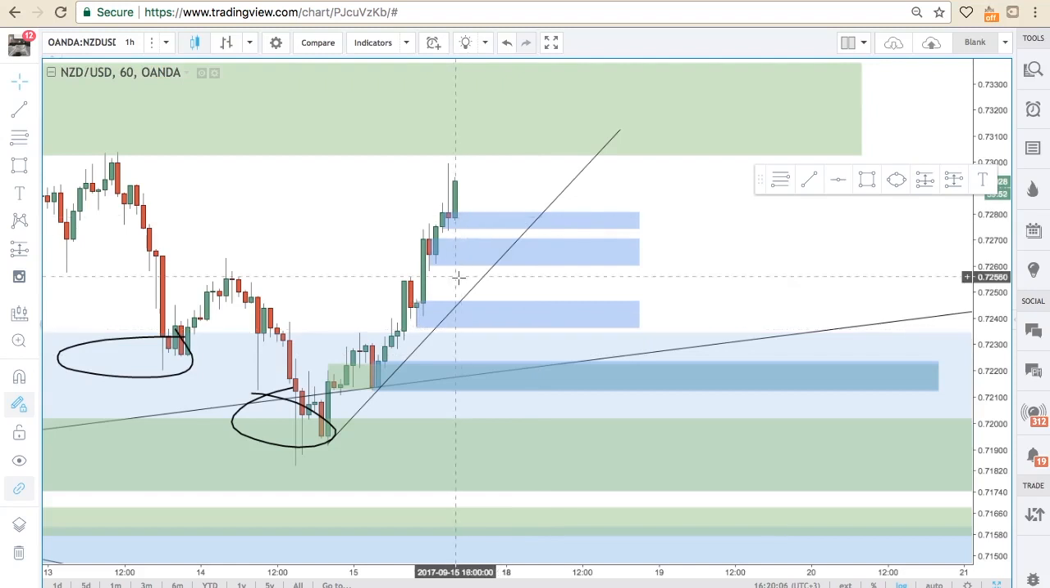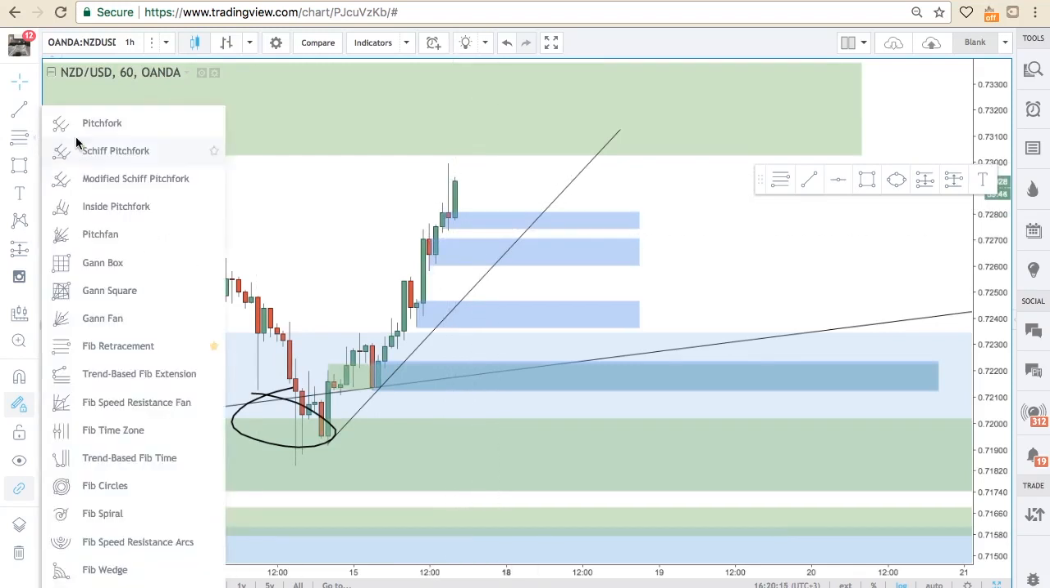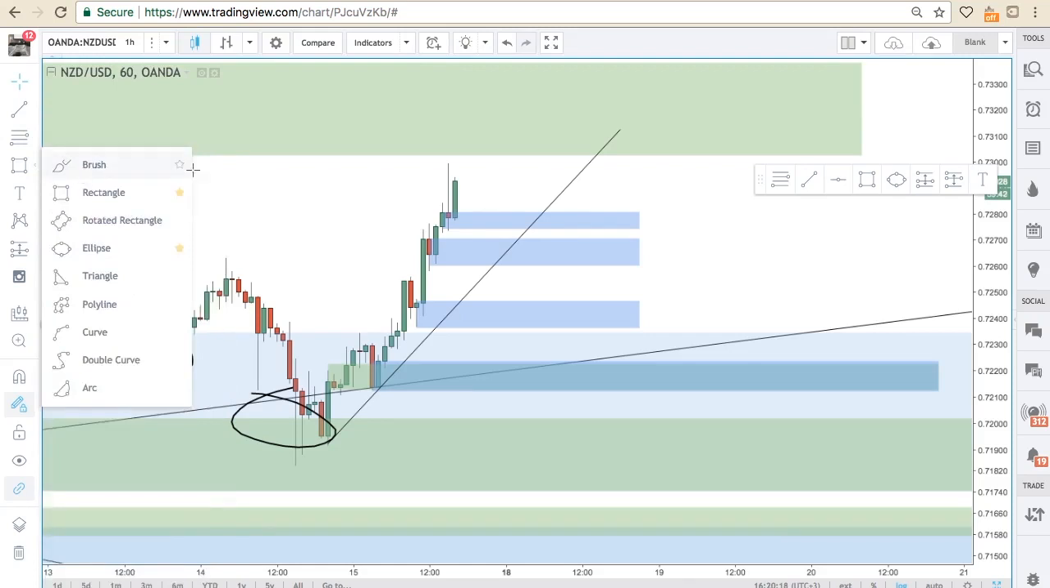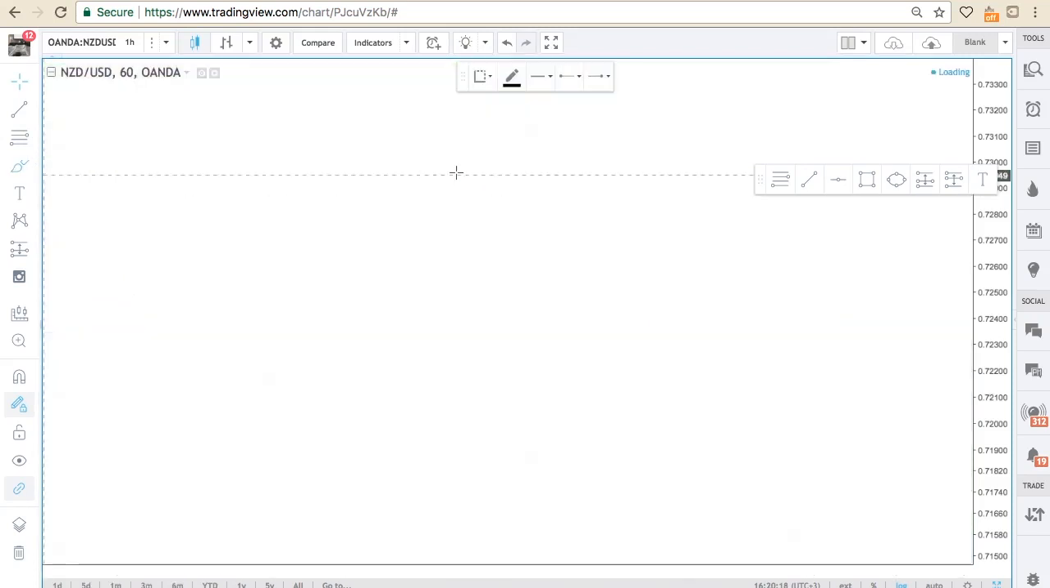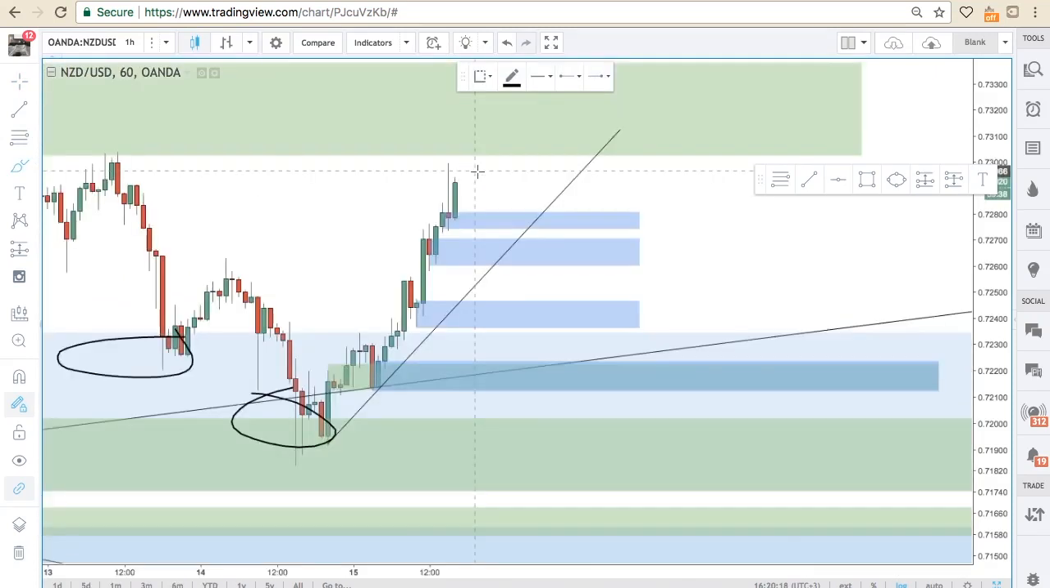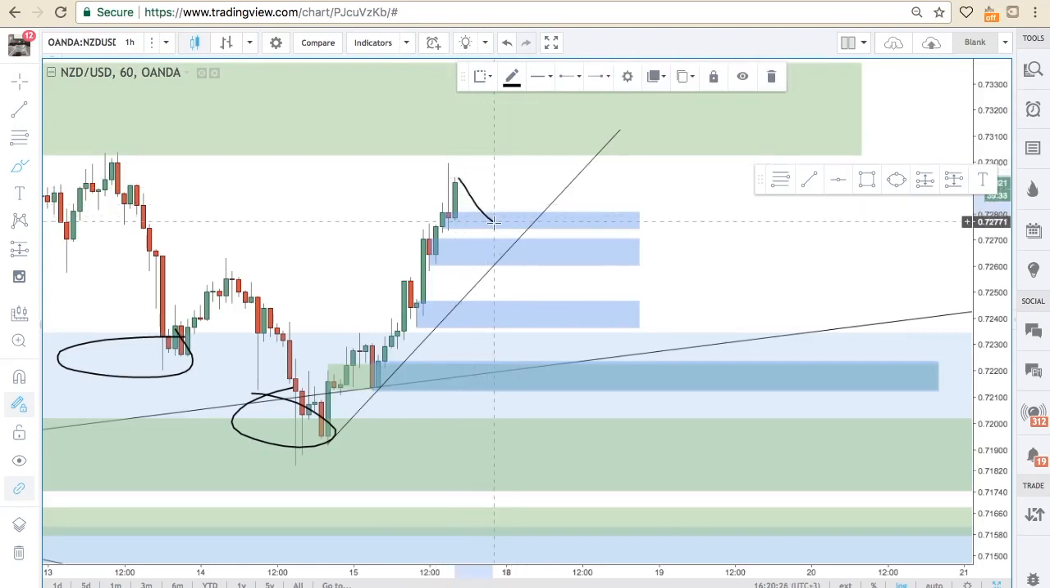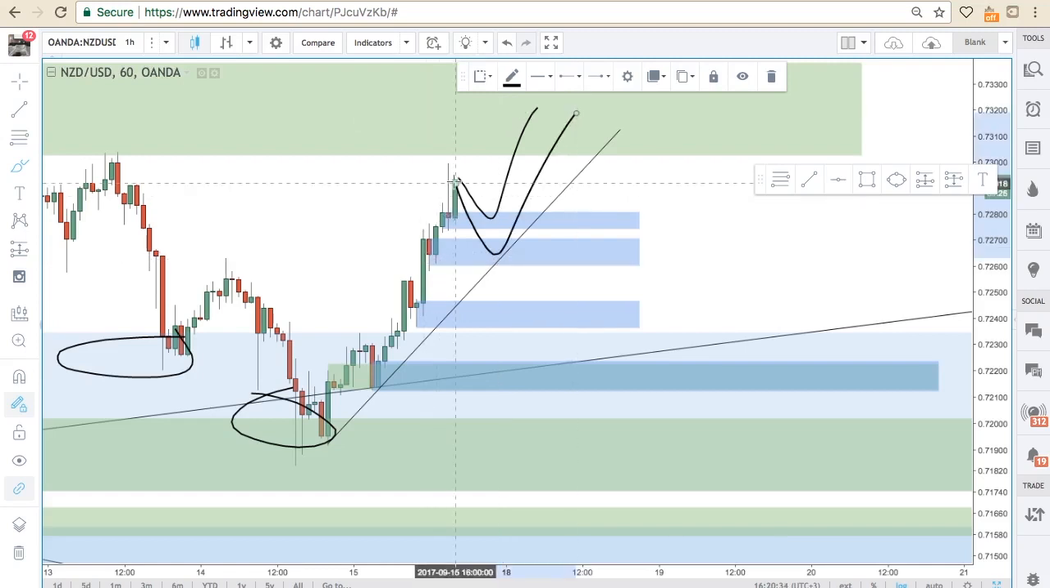So if we're going to get a 1 hour retracement on here, and it's going to bounce off a 1 hour zone, we're going to see something like this. Either price is going to come down here and bounce, or price can come down here, maybe hit the trend line, bounce, or